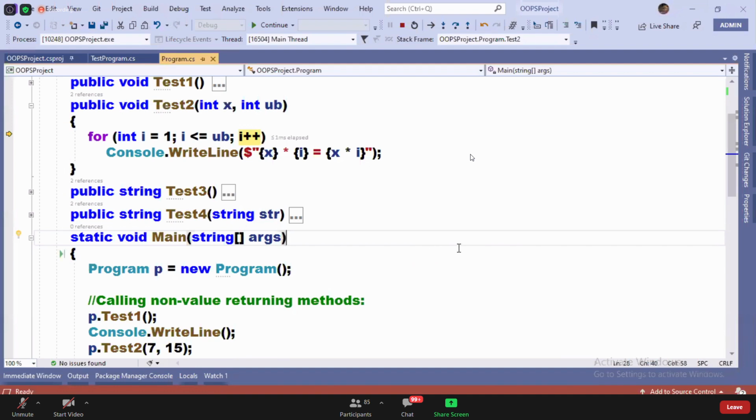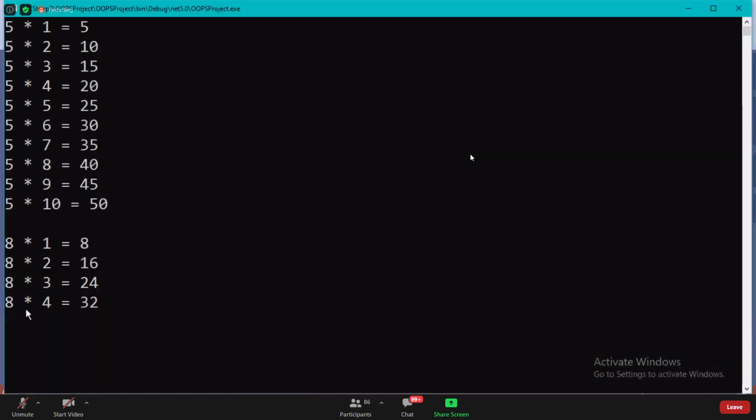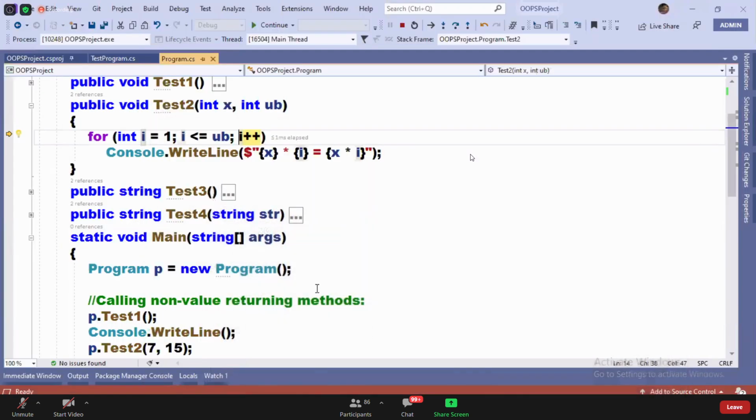See, first time increments, second time condition check, third time prints a value. Means to print one line, 3 times I require to click F10. Are you following me? So like this, until the execution is completed, I require to keep on hitting the F10 now.